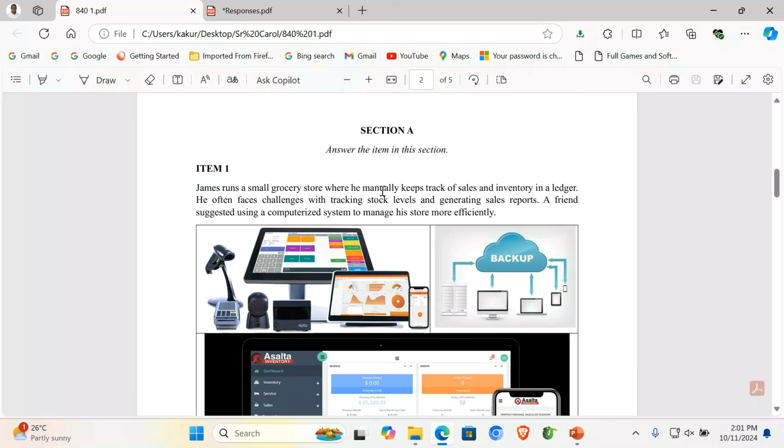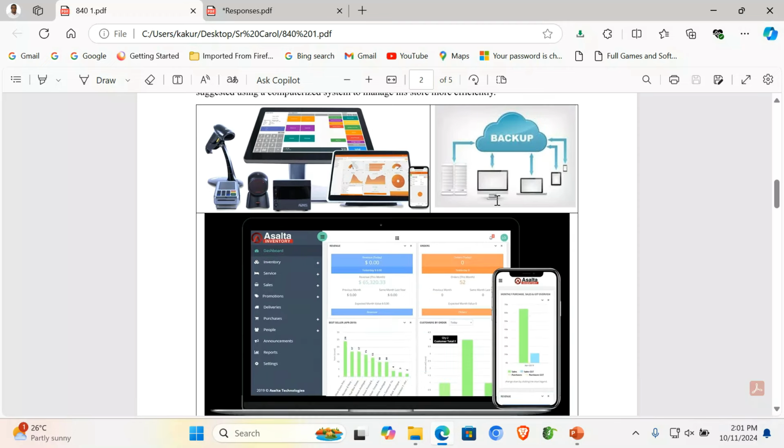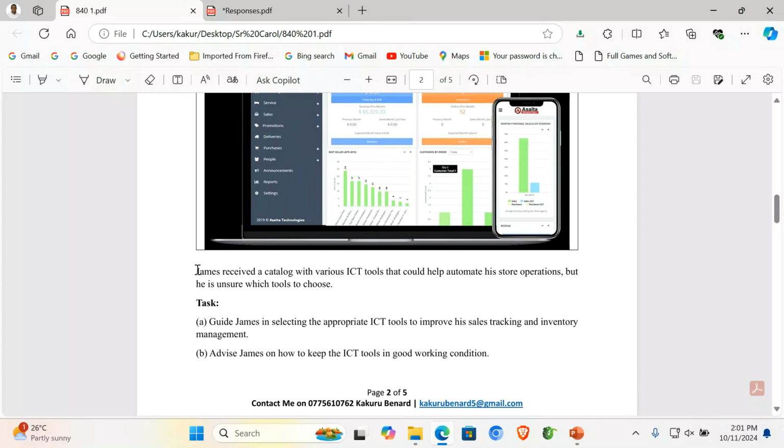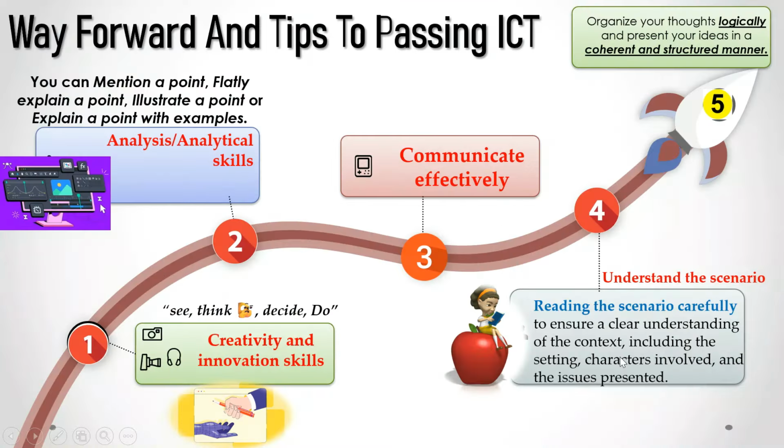And what is the issue presented? He often faces challenges with tracking stock levels and generating sales report. That is an issue. Then more to that, James receiving a catalog of these ICT tools, he's unsure of which tools to choose. So we are saying you need to understand the context, including the setting, characters involved, and issues